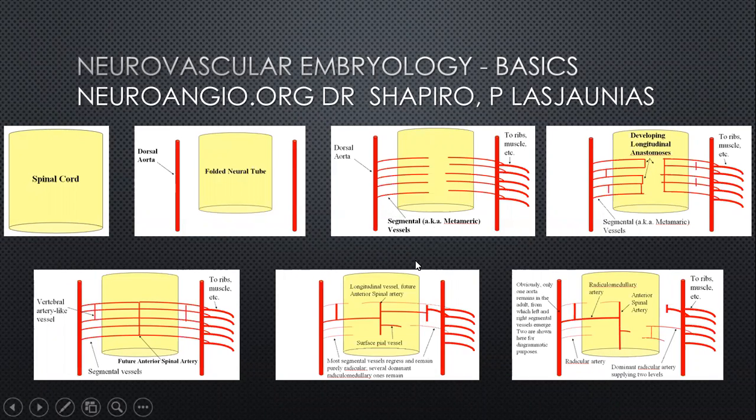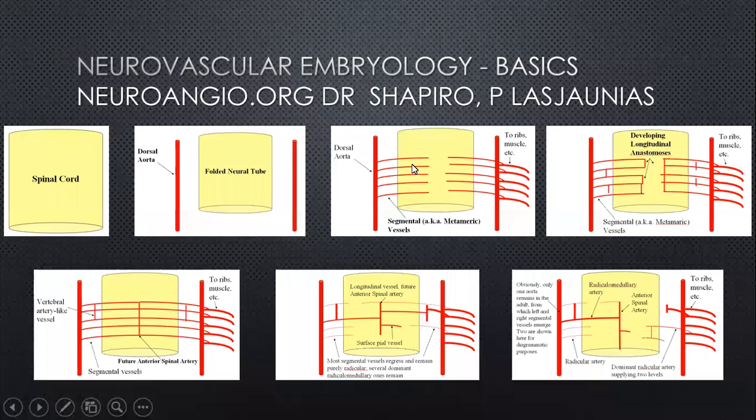And I shall try, as Pierre Lasjaunias has done over his lifetime, to give a succinct summary over the next 3-4 slides. So just bear with me. So this is a functional unit, and we use the spinal cord because the brain is nothing but just a highly evolved spinal cord. So we have got a spinal cord with the dorsal aortae, which are developing on either side. And we talked about this segmental patterning under the influence of morphogenetic proteins from the cord.